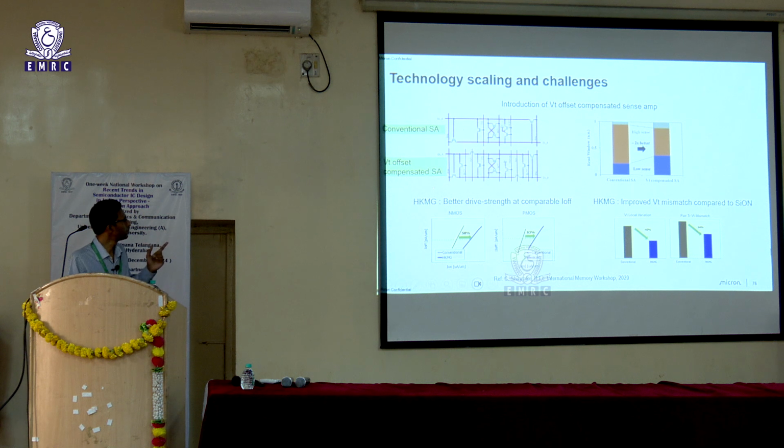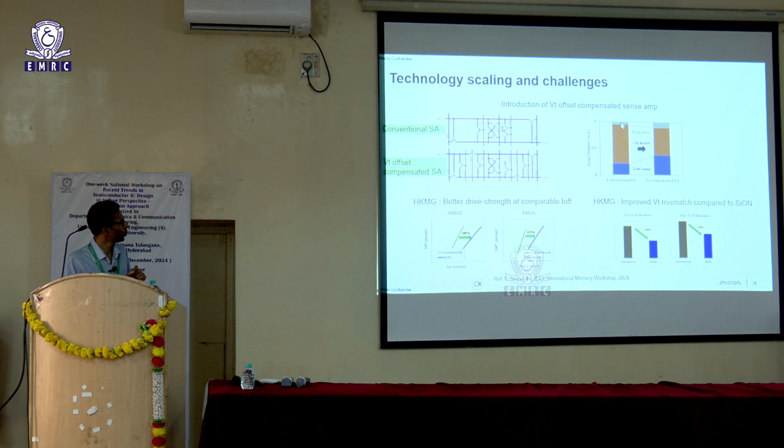We also talked about sense margin being lost. So this chart shows the amount of sense margin that you have. So this is on a scale of 0 to 1 volt. So this is the 0 margin that you have, and this is the 1 margin. What I mean by 0 margin and 1 margin is, on the cell you are typically storing either a 0 or a 1. So you can afford this much amount of noise on the cell and still be able to reliably read out a 0. And similarly, you can tolerate this much amount of noise on the cell when it is storing a 1.